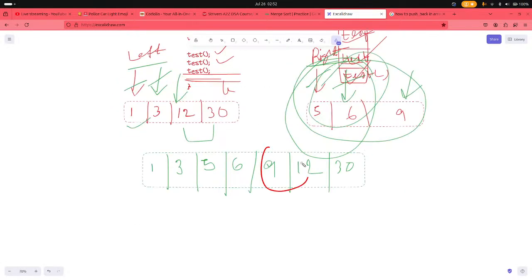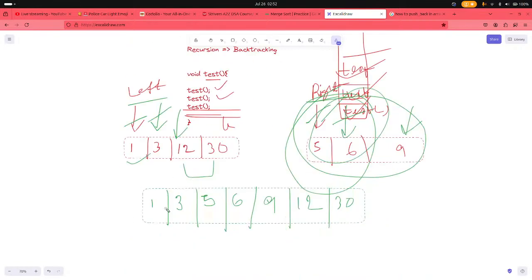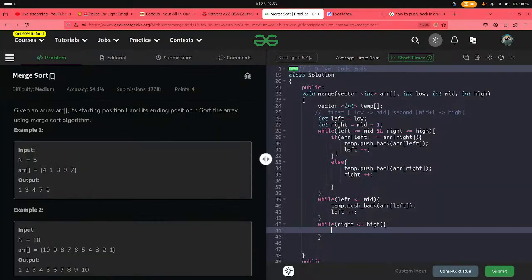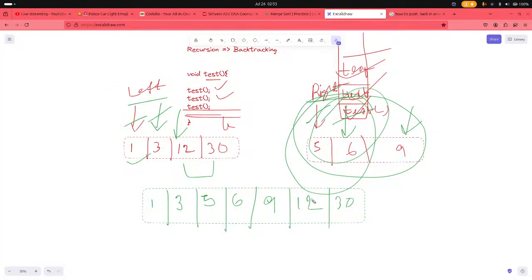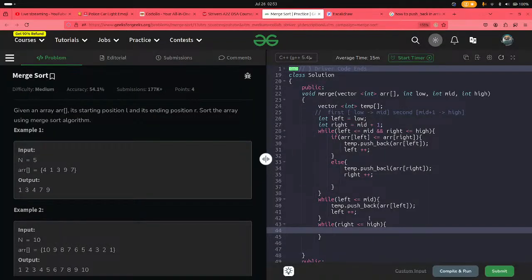Let's say this is the right and this is the high, and this is the left, this is the mid, and this is the high. I think you are understanding, because this is the traditional way: this is the low, this is the mid, this is the mid plus 1, this is the high. I think this stuff should be understood by you. And the mid plus 1 equals to right. Yes, the mid plus 1 tends to be my right. So while right is less than or equal to high,